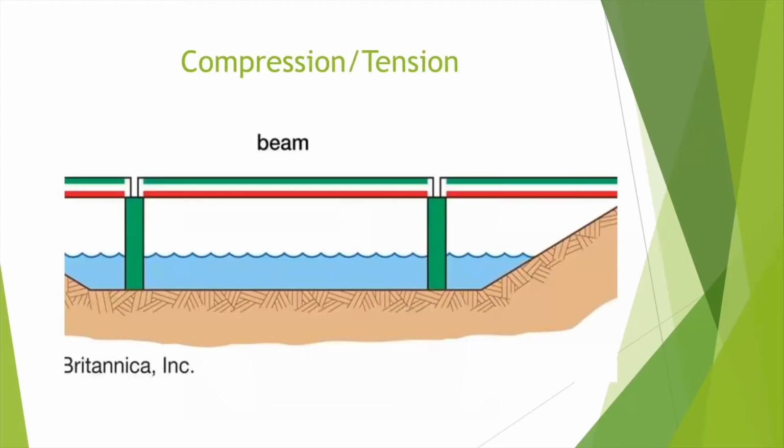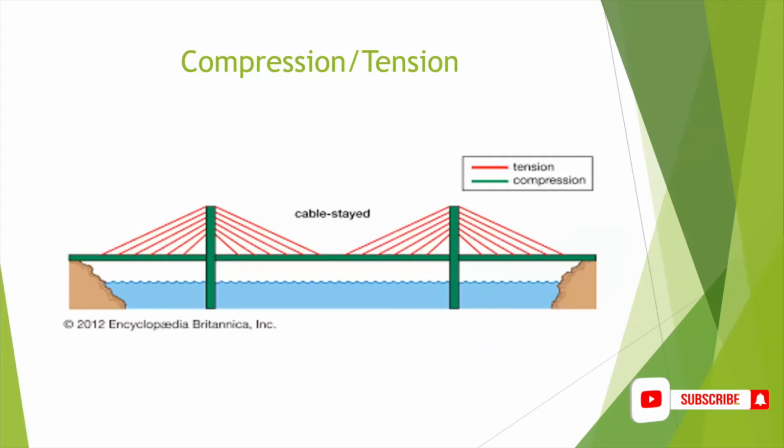Okay, so again, this is an example there of the tension and the compression, the forces that either pull together or pull apart. And that is just another way of illustrating it. This is a cable-stayed bridge. We're going to look at different types of bridges, but you can see the red is actually the tension. So those cables are really taut. And then you've got the green, which is where the compression happens. And so there's tension and compression going on all the time in these bridges. And then the way that the bridge is actually designed is what ensures that that bridge doesn't fail. Absolutely amazing.